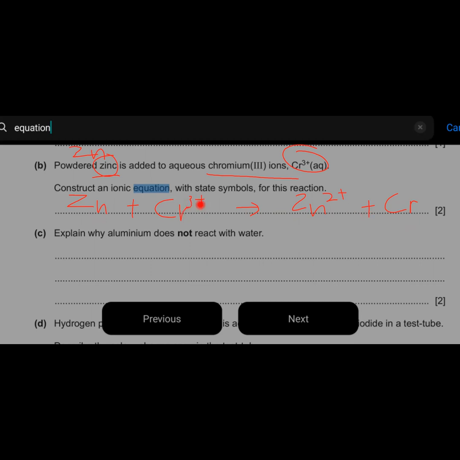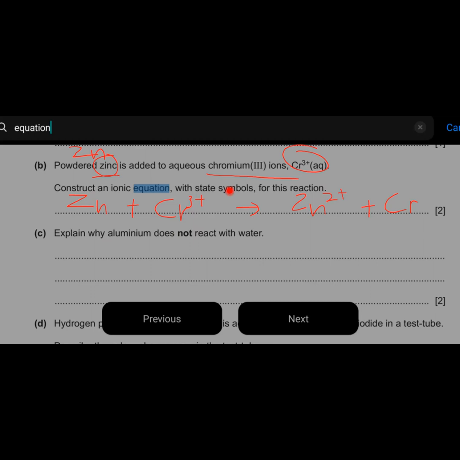Here there's 3 plus charges on the chromium. On the right side, there are zinc 2 plus ions. The total reactants have only 3 plus here, and the total products have only 2 plus here. What shall we do? Make them balance, equal to a